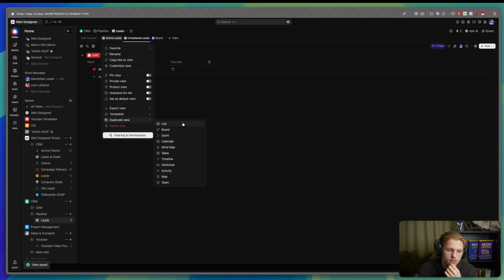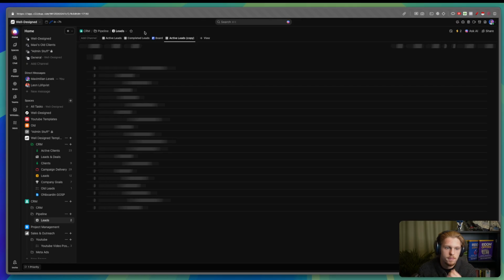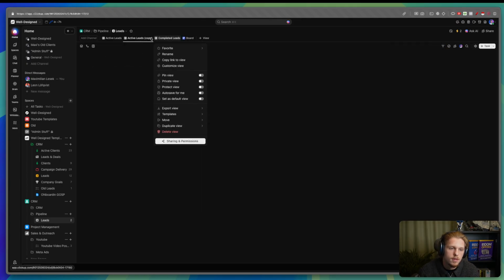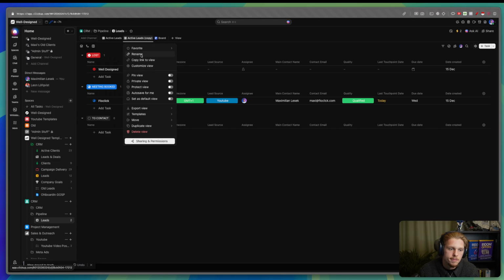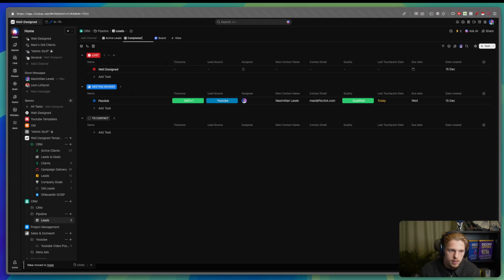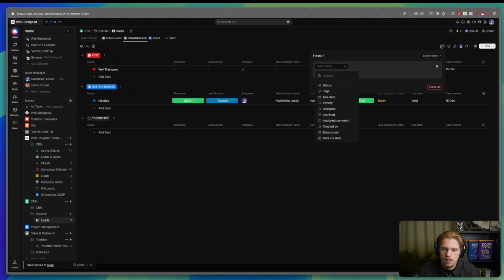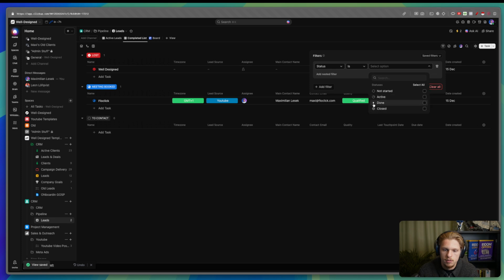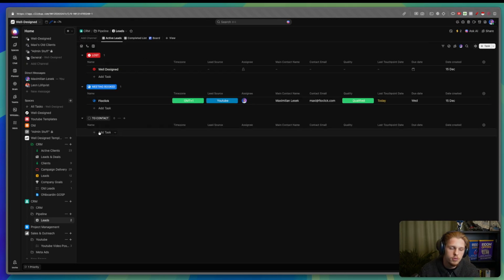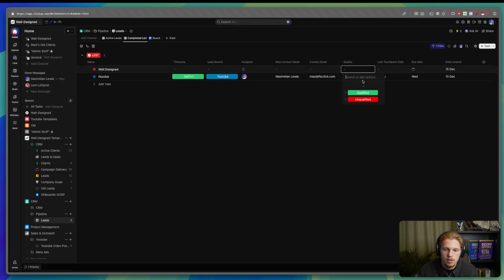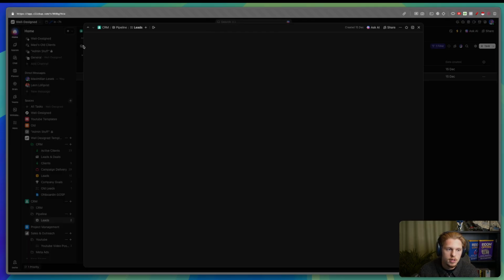Duplicate view, list. And we can just remove this. Completed list. And then filter, status, and if done. In short, you can see very easily, but also if we now decide to have this client in unqualified, right, and have this client in qualified, we can very easily see